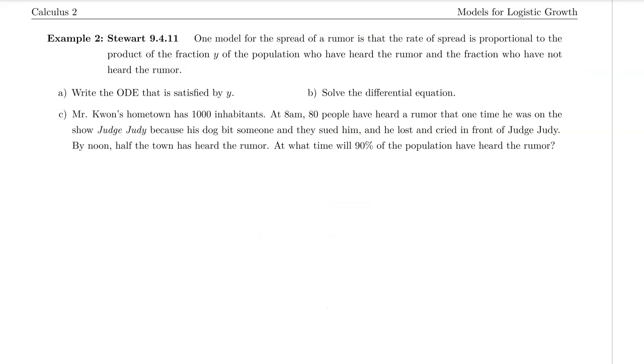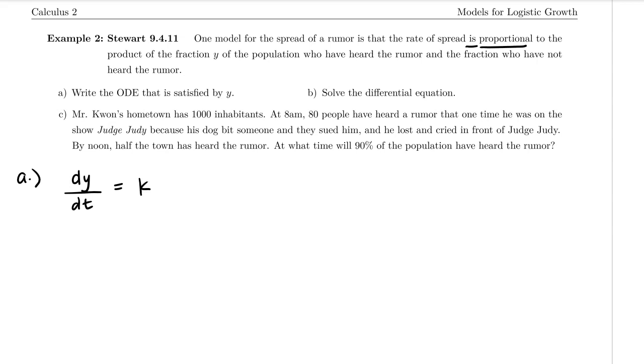Example 2 says, one model for the spread of a rumor is that the rate of spread is proportional to the product of the fraction y of the population who have heard the rumor and the fraction who have not heard the rumor. Part A says, write the ordinary differential equation that is satisfied by y. So the rate of change of the proportion of people who have heard the rumor with respect to time, so we have dy/dt, equals,